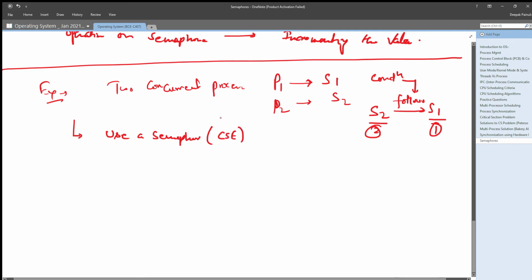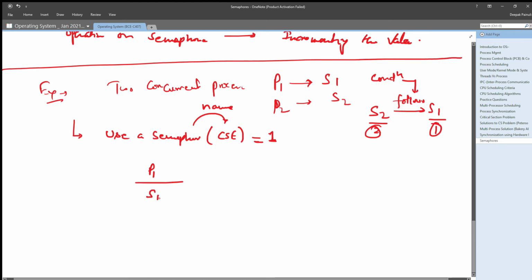This is the semaphore name, right? And we will initialize it using 1, right?